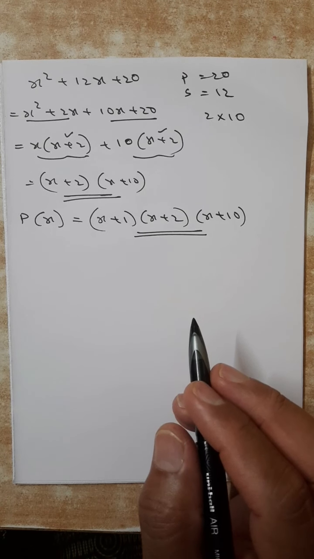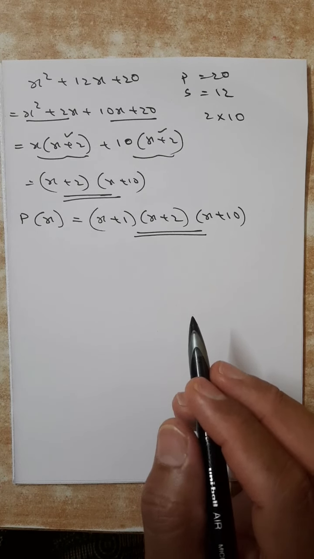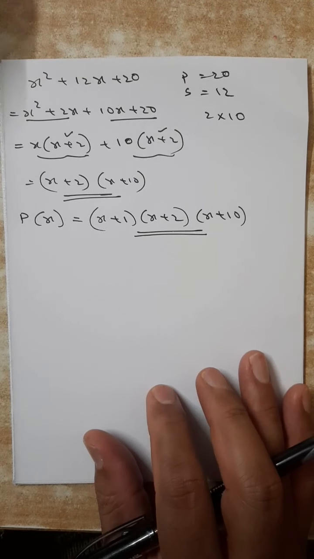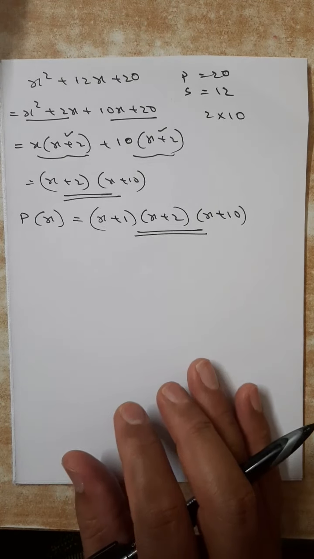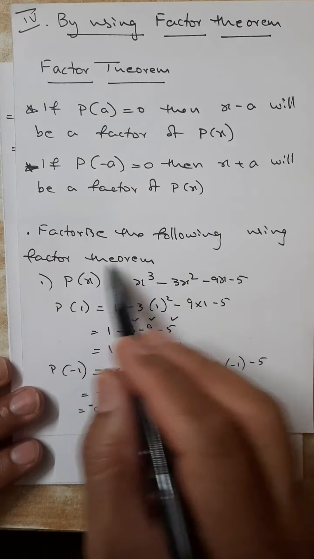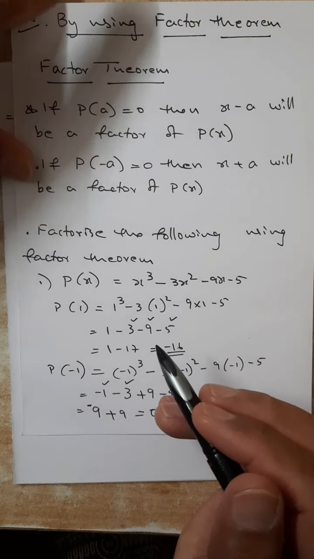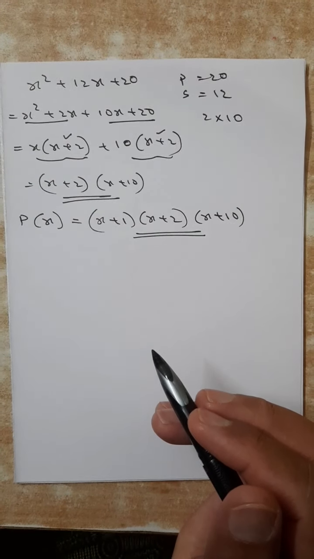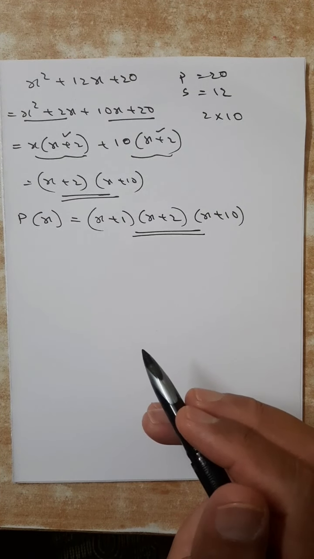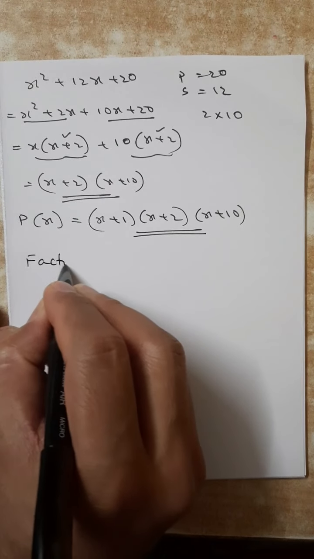Now in the book, 2 more questions are there. In the NCERT book, 2 more questions are given. Let me explain those also. So what was the question written here? I wrote the question initially: factorize using the factor theorem. So it is compulsory. Even though another option is there, even though we are able to do it with an identity or some other option, we cannot, because in the question it is written that we have to use the factor theorem. Now suppose it is written: factorize. Simply factorize.